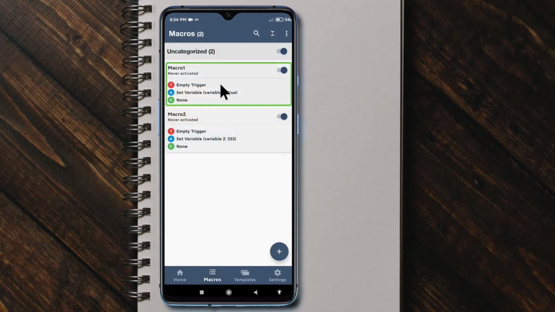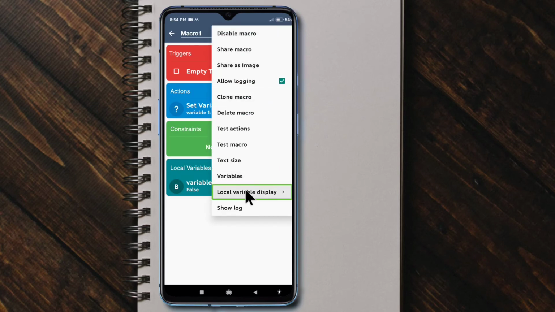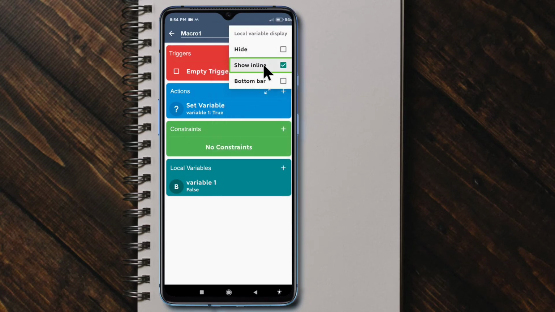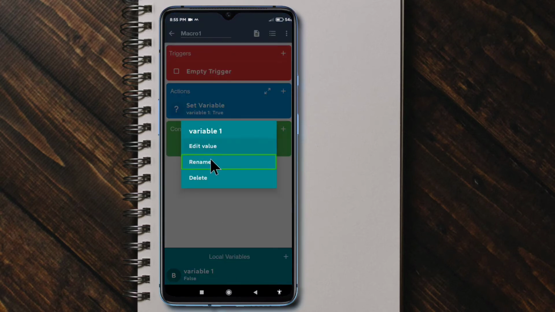Go to macro1. Now variable1 is available in the local variables list. We can change this list's location by changing the local variable display tick bars. I want this list at the bottom, so I am selecting the bottom option, and we can change the variable value, rename it, or delete it from the macro.